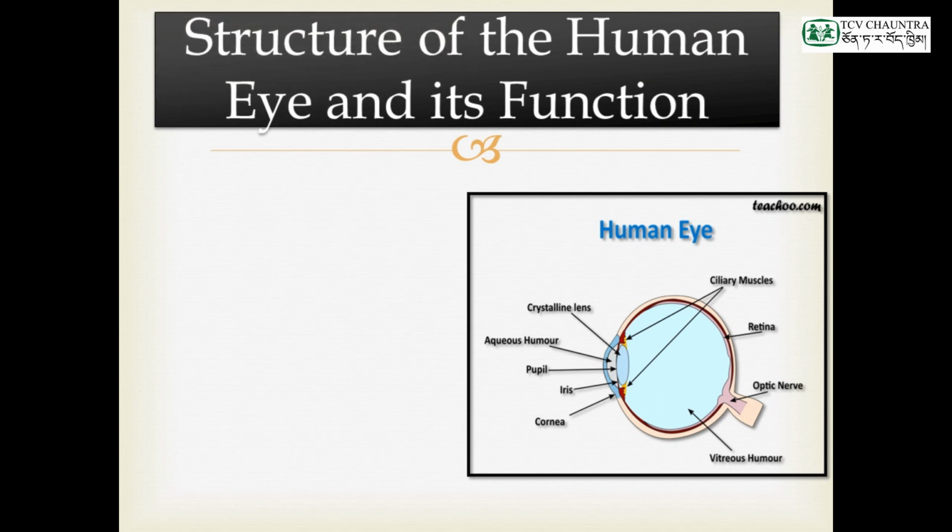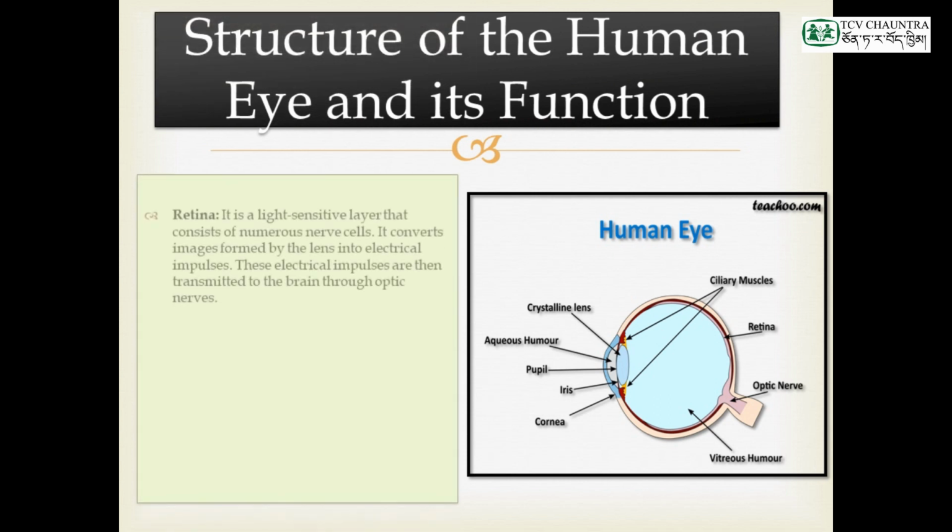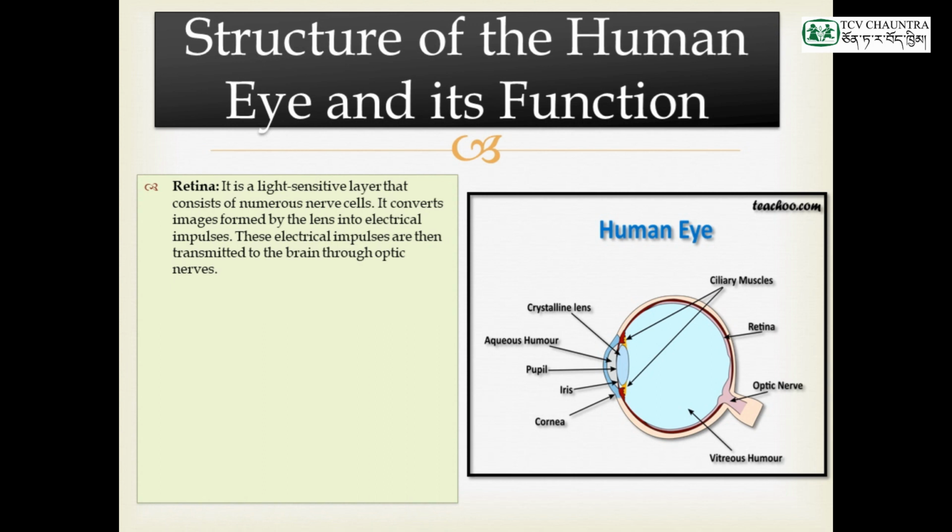Now see, we are continuing with the structure of the human eye and its function. So the retina is a very light sensitive layer. The image is formed on the retina, which is behind the eyeball. The image formed on the retina is converted into electrical impulses, a message, and that electrical message is carried to the brain to be interpreted by